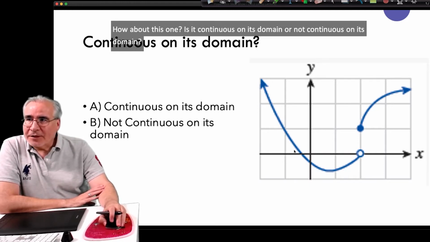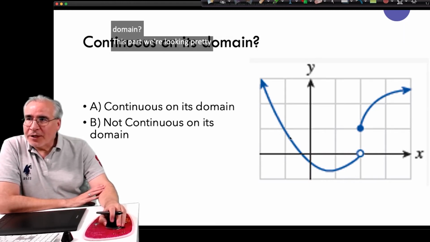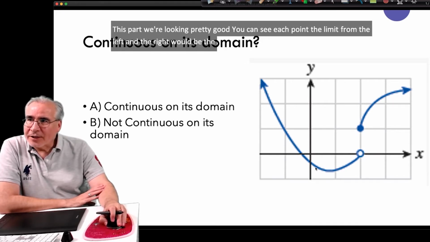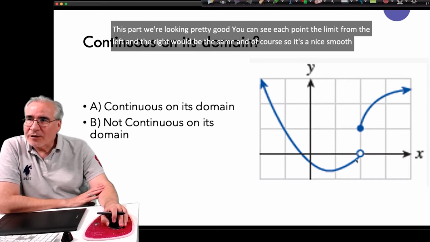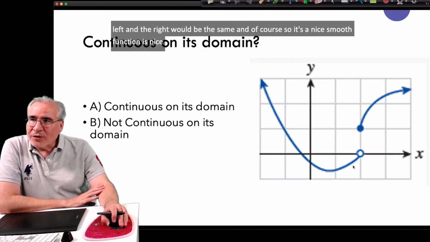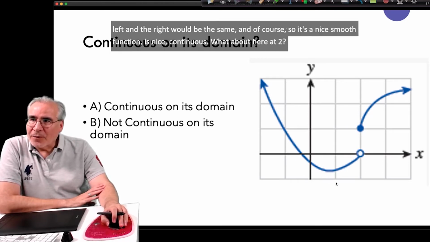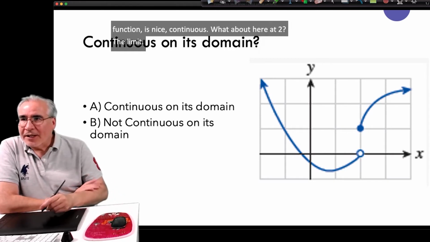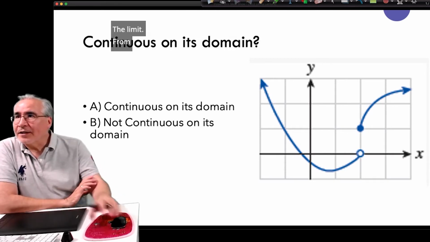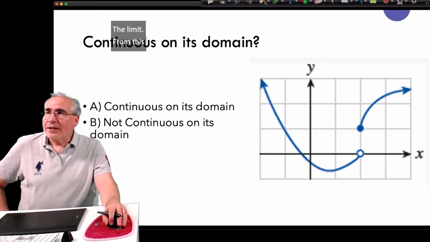This part, we're looking pretty good. You can see each point, the limit from the left and the right would be the same. And of course, it's a nice smooth function. It's nice continuous. What about here at 2? Well, the limit from this, the limit over here,